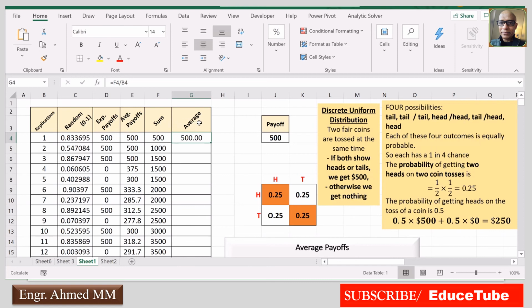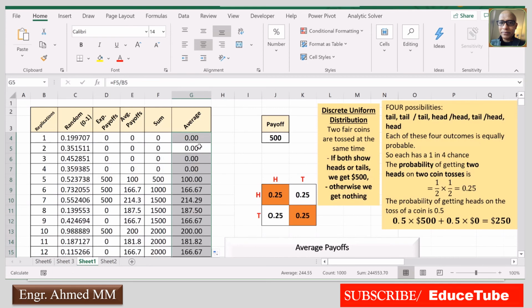We are doing it in different ways. So this average equals F4 by this. So it means F4 divided by this replication. So this one is 0, 0. Now if I double click here, I got all the values.